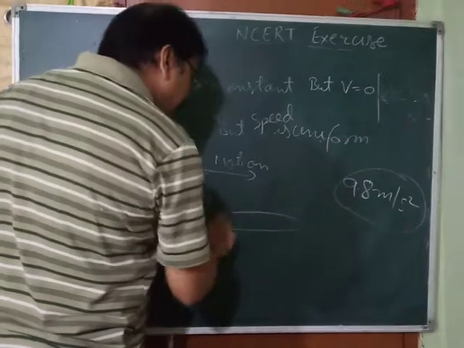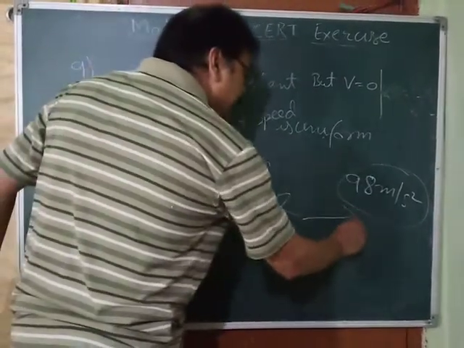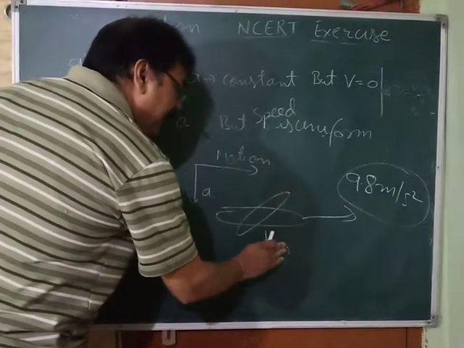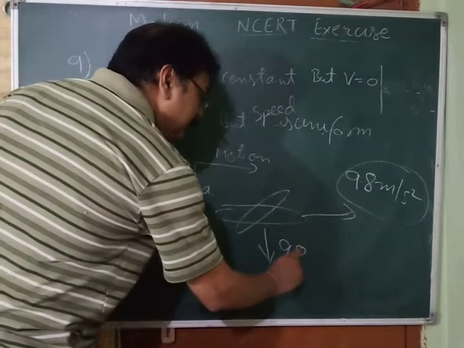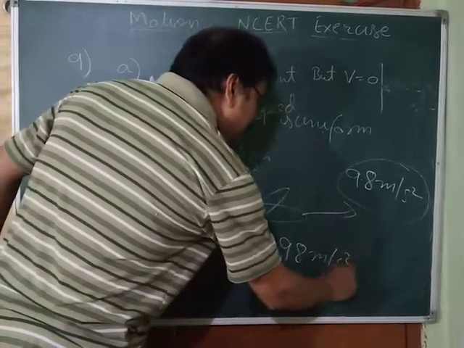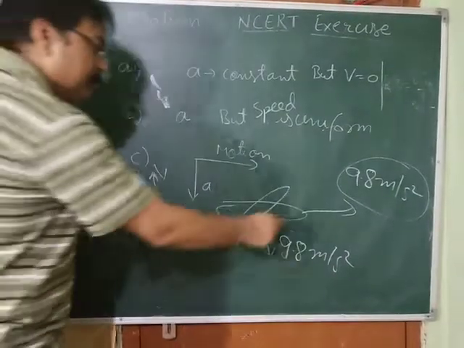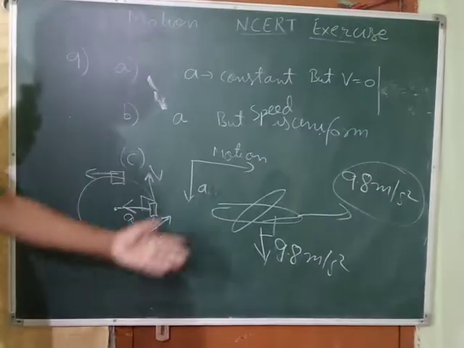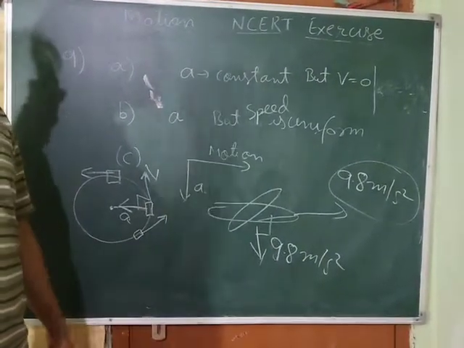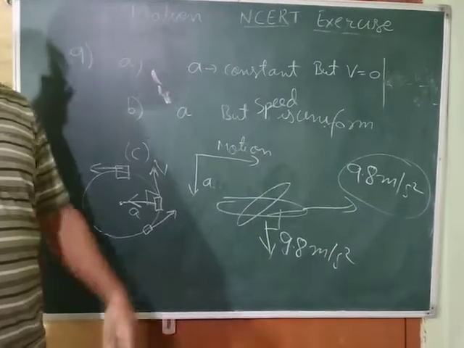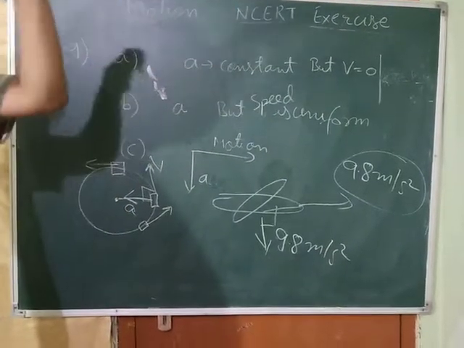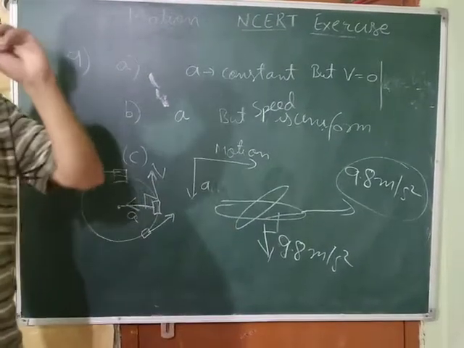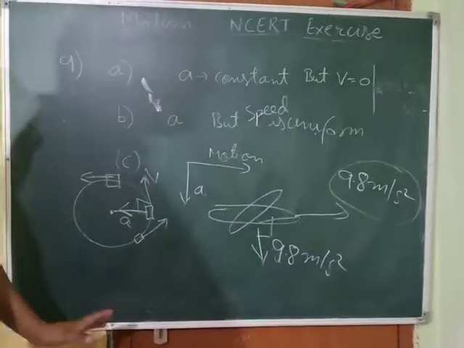One more example I would like to give you. A plane is flying, no? It is flying in this direction. But due to gravity, its acceleration is how much? 9.8 meter per second square downward, as I have just told you. So the angle between them is how much? 90 degrees. So you can give this example: when a plane is flying in the sky, it is moving in the forward direction, but its acceleration is in the downward direction, and both directions make an angle of 90 degrees.